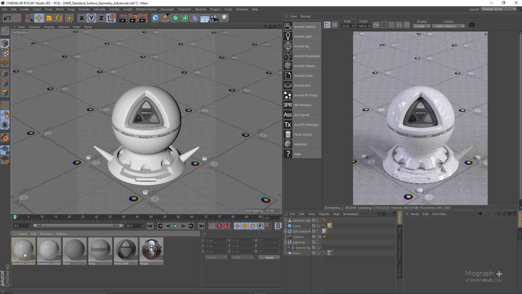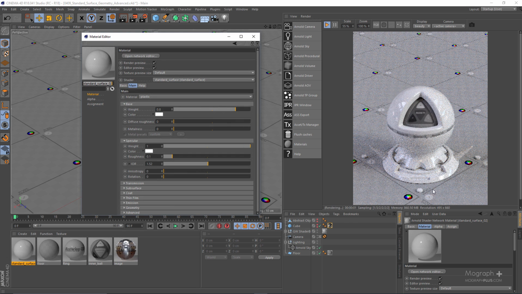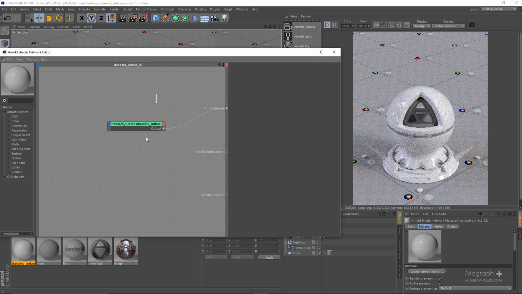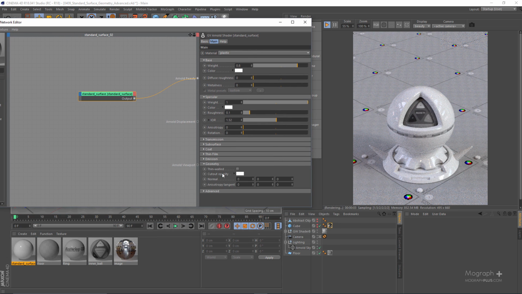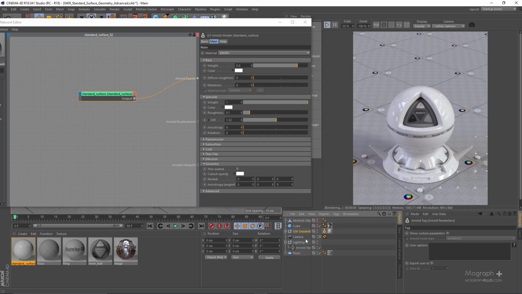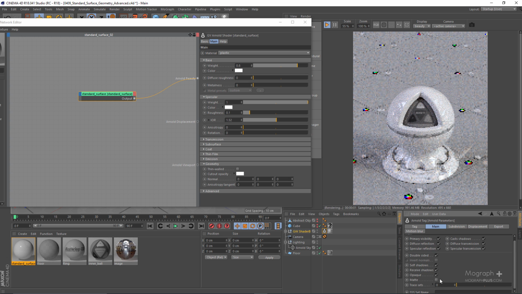Let me just delete this shader and get back to the shader that is assigned to the shader ball here. If I come back to the geometry section, let me actually open up the network editor. Next we have this cutout opacity, which is exactly like alpha channel in Cinema 4D. Unlike transmission, whereby the material still considers diffuse, specular, etc., opacity will affect the entire shader. So let me first of all make sure we have opaque disabled for this shader ball, show custom parameters, and